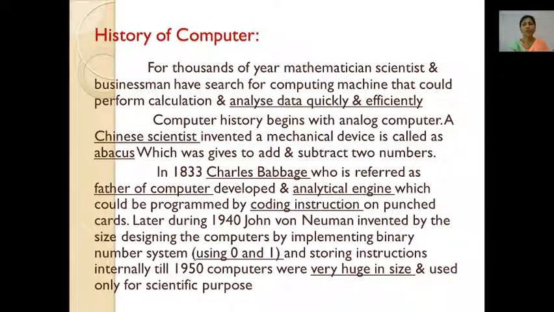Then the history of computers. For thousands of years, mathematicians, scientists, and businessmen have searched for computing machines, meaning how we can calculate data easily using a device that performs calculation and analyzes data quickly and efficiently. The history of computers begins with the